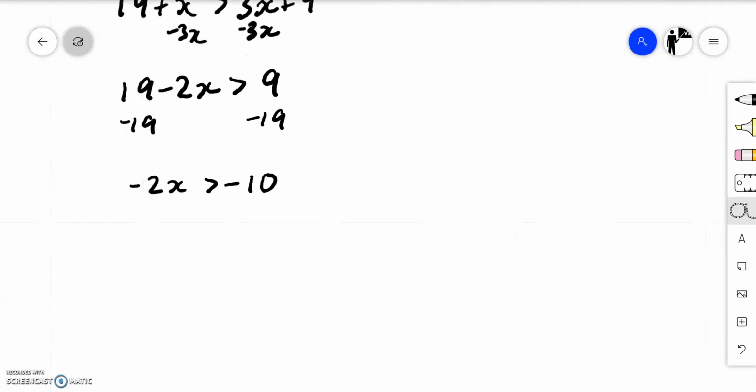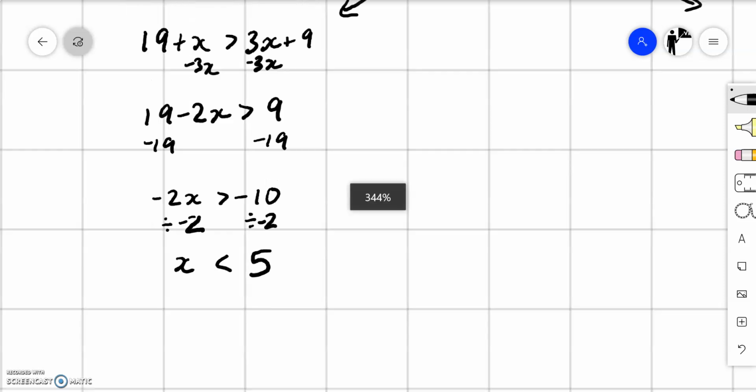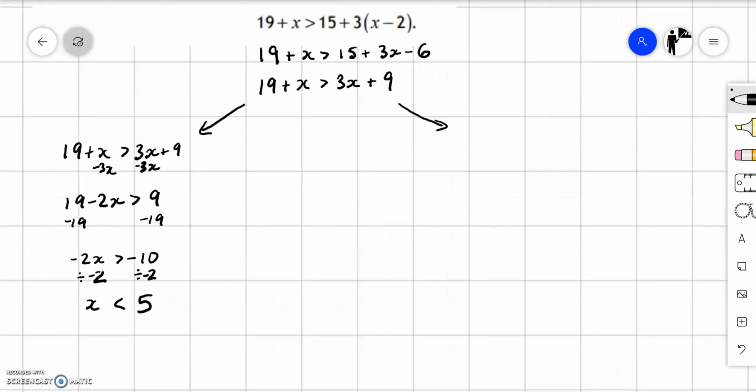And then from here, we would divide throughout by negative 2. And if we're dividing by a negative, the inequality will switch direction. Negative 10 divided by negative 2 is 5, because it's a negative divided by a negative. Your other option